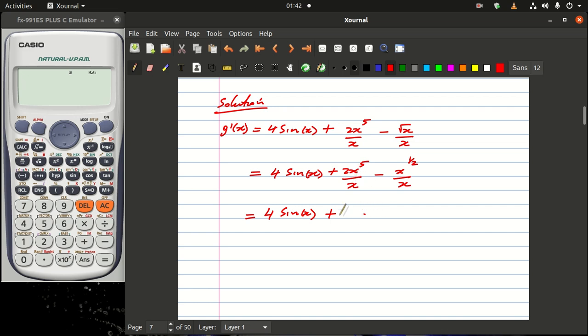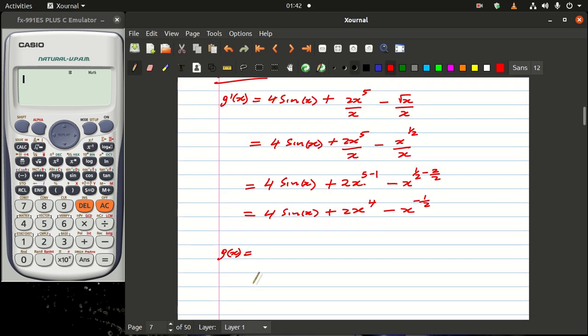You actually subtract exponents. So you will have 2x raised to 5, and then I'm going to subtract a 1, and then minus x raised to 1 over 2. I'm going to subtract a 1 because of the denominator. And of course you can see this is 4 sine of x plus 2x to the power 4 minus x. When I'm subtracting 1 from this, of course 1 is the same as 2 over 2. 1 minus 1 is going to be a minus 1 over 2. I take one denominator there. And then I am having this nice function. So to get the g of x,